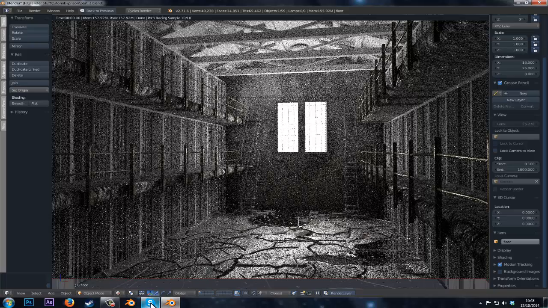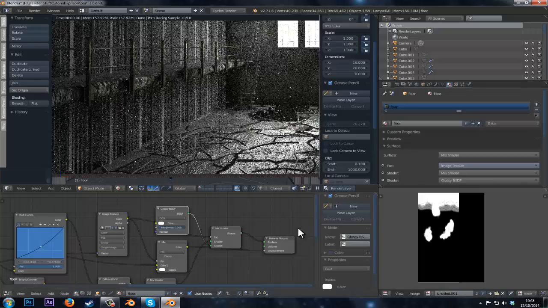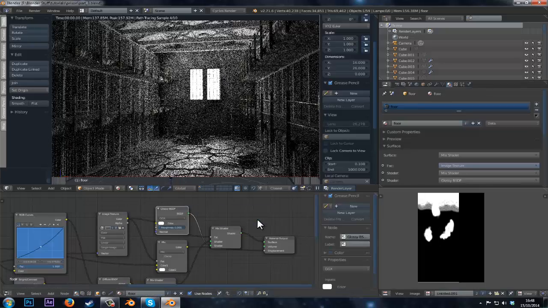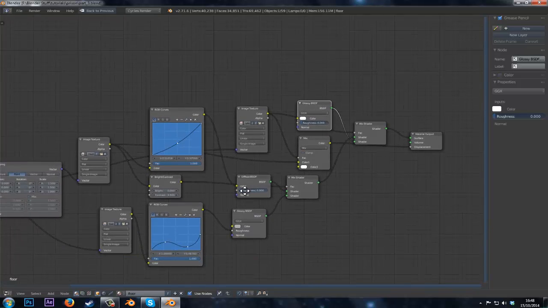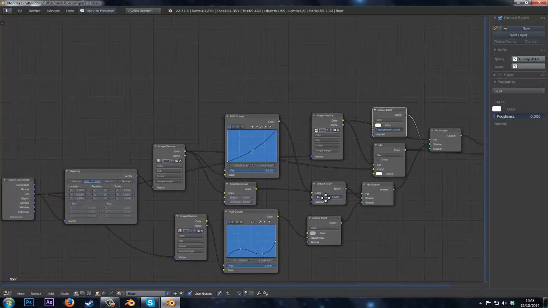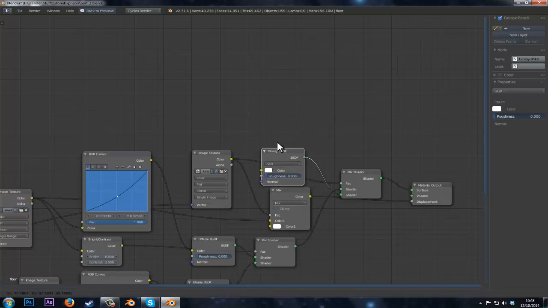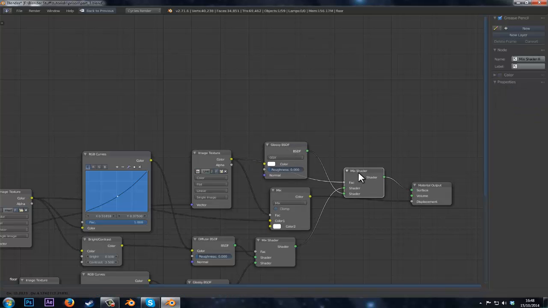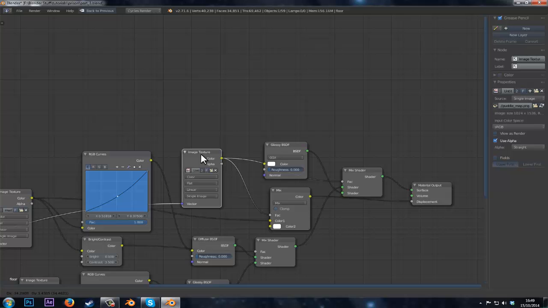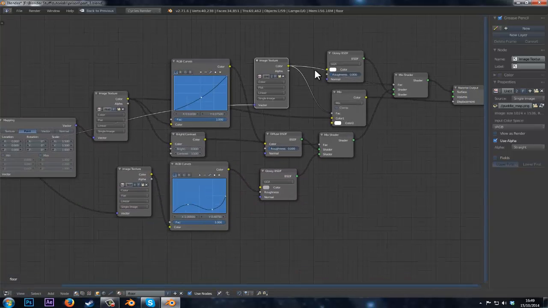So what I did was, if we come down here, I went to the glossy shader, got the mix shader here. Part of the factor is going to, of course, be this, but also if we get the cracks from earlier,